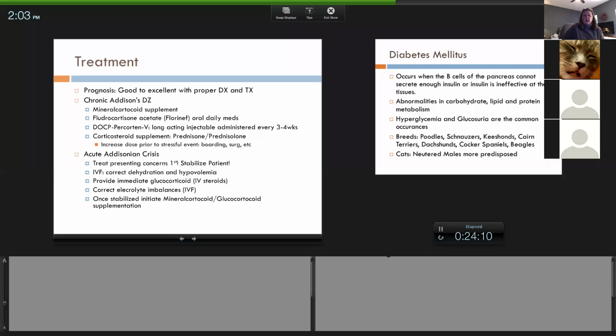And again, I will tell you guys, whenever it comes time to run these tests or use these medications, we're not doing this a lot. We all kind of have to look up and go, okay, we have to draw a sample at this time. Okay, we have to give the medication at this time. So until you see enough cases like this, it doesn't become second nature.